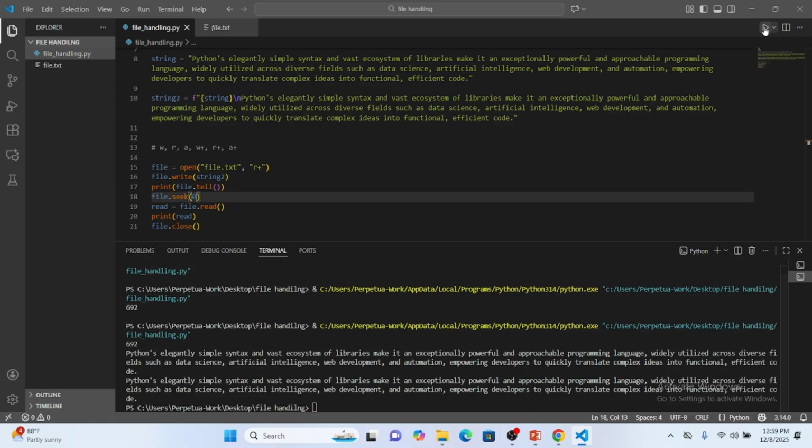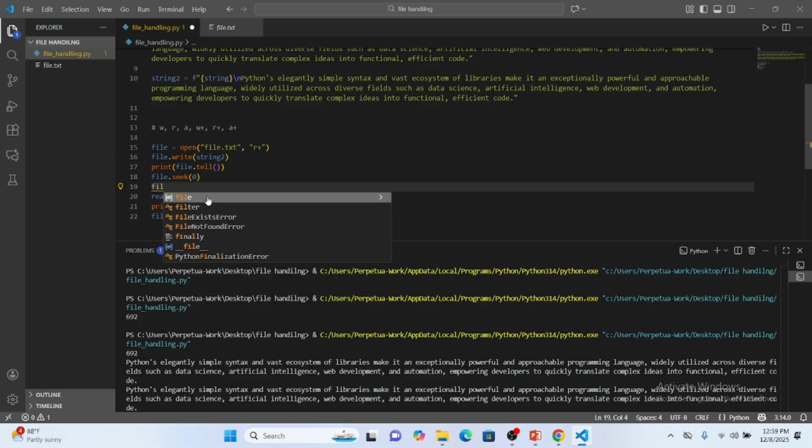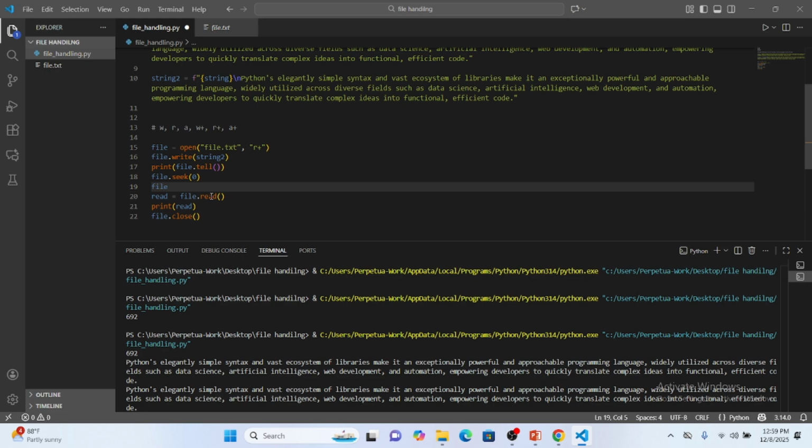So if I print this now, I have the contents of the file printed for me. The next method that we are going to be looking at is file.flush. When you finish writing into your file, you can decide to use this file.flush method. What it does is that it will immediately save your file into the hard disk, that's into